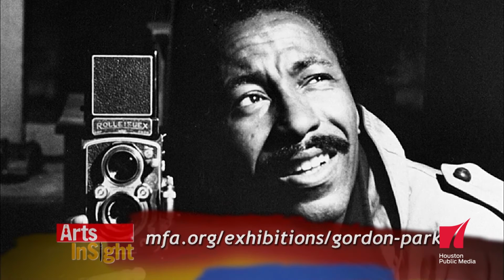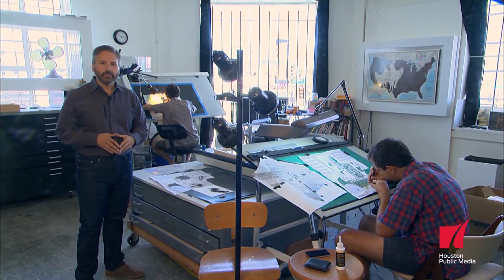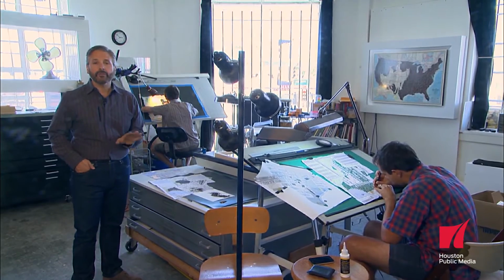To see more, visit mfa.org/exhibitions/Gordon Parks. And finally tonight, we take you inside the workshop of Beck & Orr, bookbinders who specialize in the